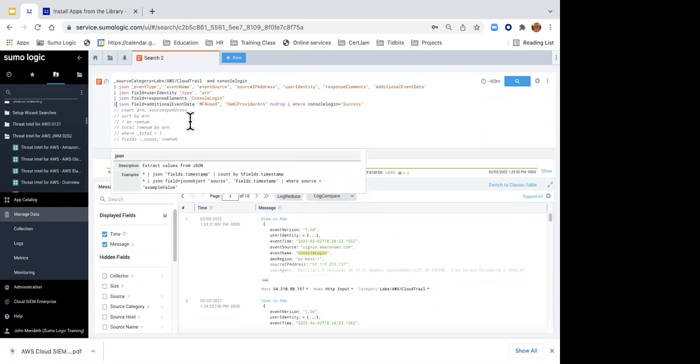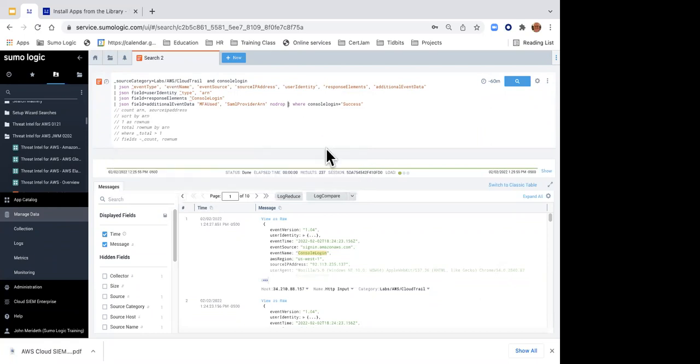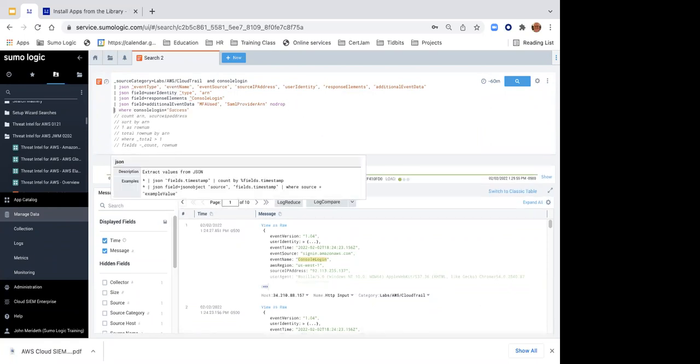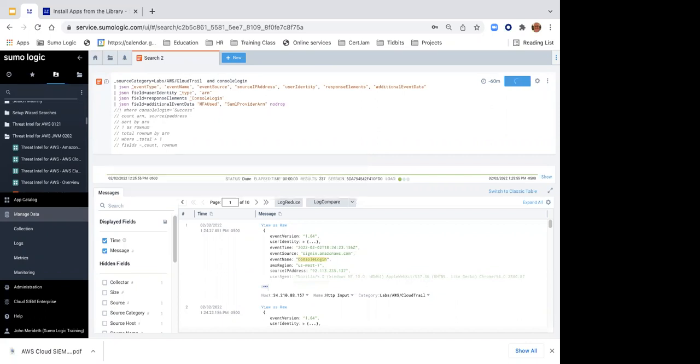Now, let me move that pipe around. These, by the way, all these commands could be on one line, or they could be on separate lines like they are here. I just word wrapped that, moving the pipe down here to make it a little easier to read. In fact, I'm going to comment that line out for right now, and I'm going to run this.